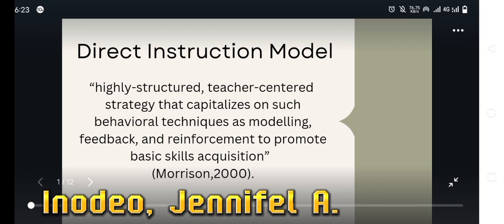So this is also a teacher-centered strategy because it requires teachers to convey facts and details. Only the teacher is talking. So the teacher will demonstrate the skills and do the explanation. And also, it affects the interdependency of the understanding of each student because it is only the teacher who is